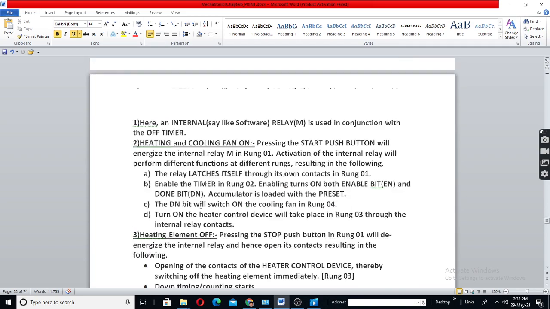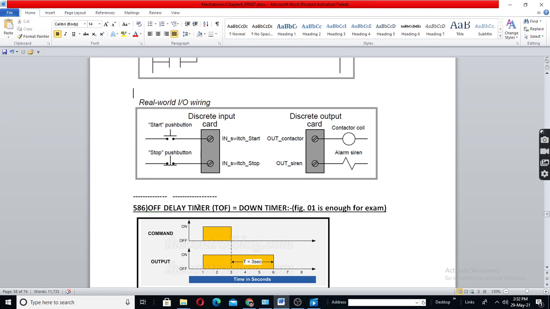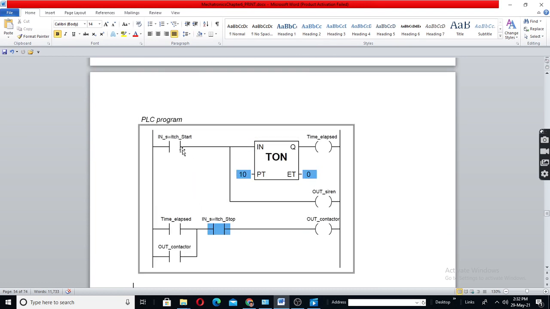So what it does is it checks whether this is open or closed. If this is closed, the signal will move like this, and this output will be on. The signal is also ready till here, and if this is on, then this also will be on.